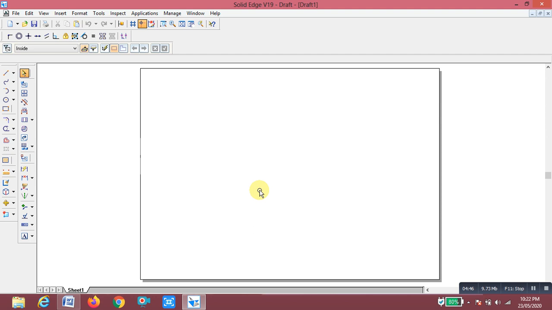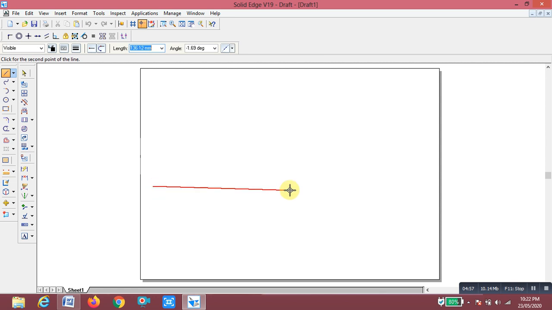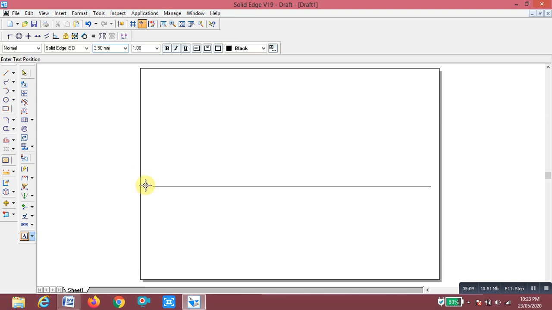Now I am going to draw a thin line, that is the axis line, just 0.13. I am going to draw it here. You have to mention this text as x, and the other end you name as y. Here above the xy line is VP and below the xy line is HP, as you already studied.